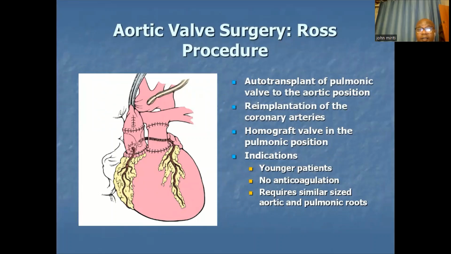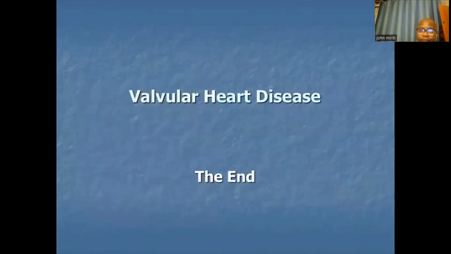these types of procedures. So, aortic valve surgery, which is called the Ross procedure. There is an autotransplant of the pulmonic valve to the aortic position. There is the reimplantation of the coronary arteries and a homograft valve in the pulmonary position. Indications are young patients who are not using anticoagulants and require a similar size of the aortic and pulmonary roots. And that is the end of valvular